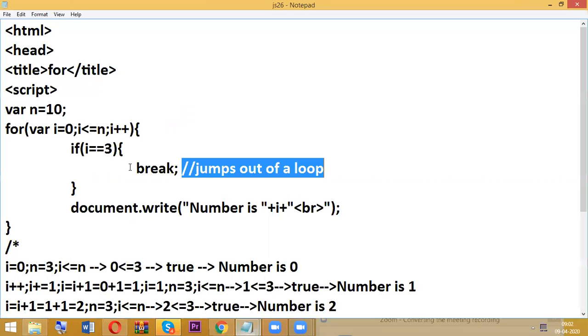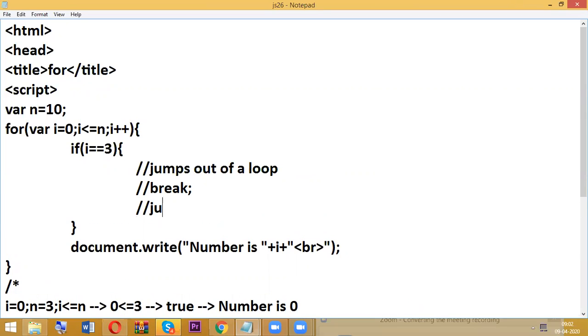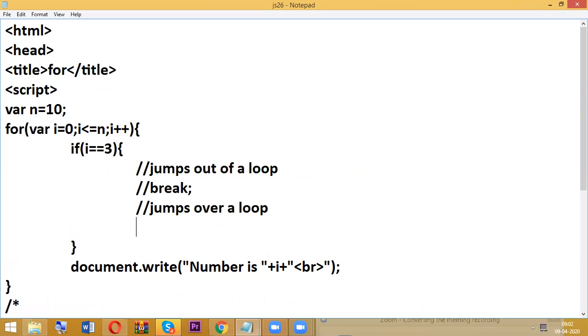So next I am hiding this. So next, jumps over a loop, nothing but skipping. Okay, i equal to 3. For example, I am writing here continue.